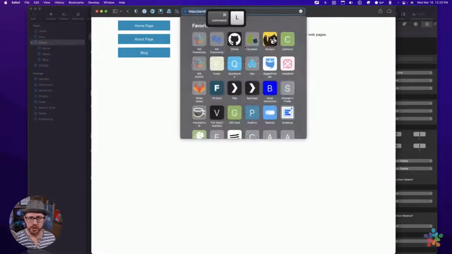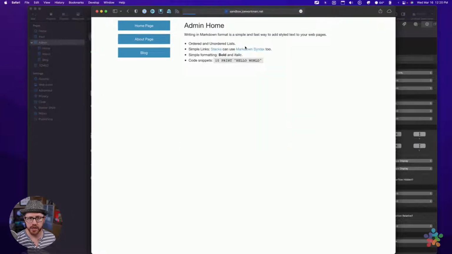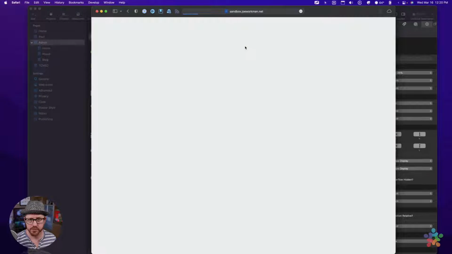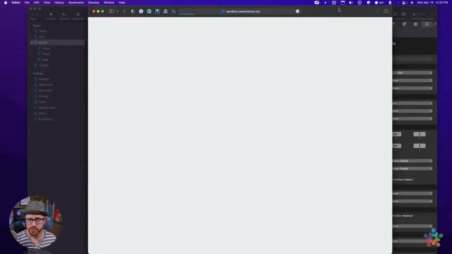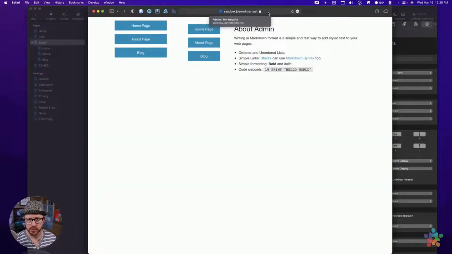All right, so now we're here at /admin. Okay, so now you see I have this menu system over here, and then it's loading in the various pages. Now, we still have all the old menus inside here. We're going to fix that, okay? But now you'll see if I click on About page, it automatically went to the About admin. If I click on Blog,